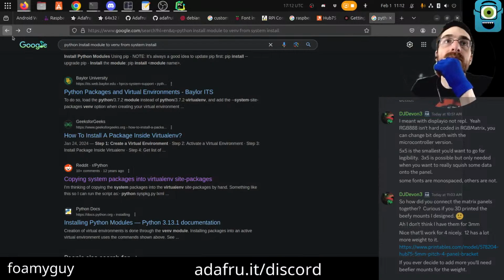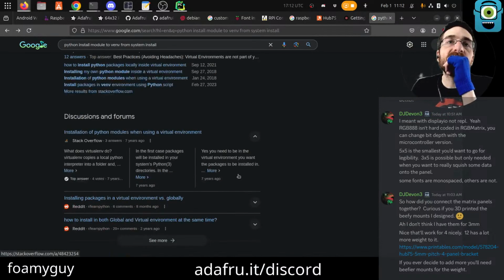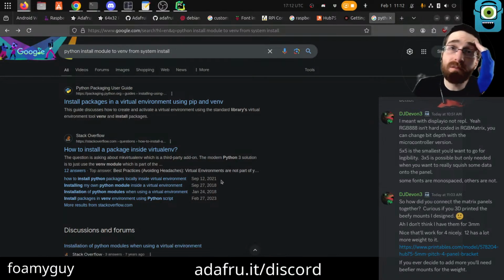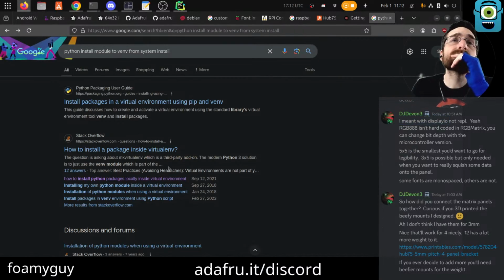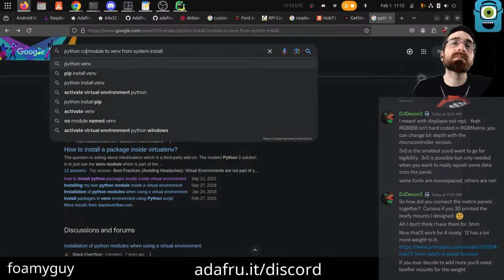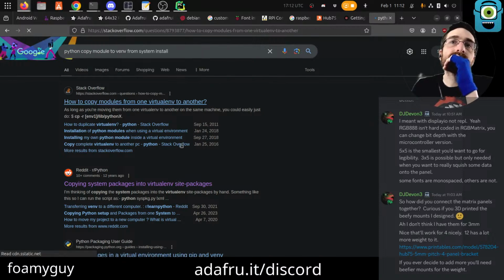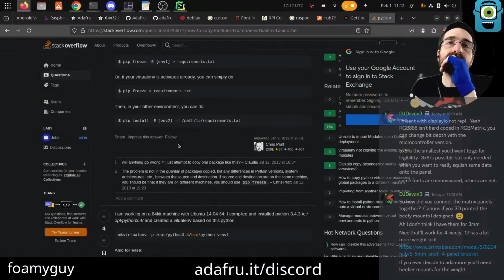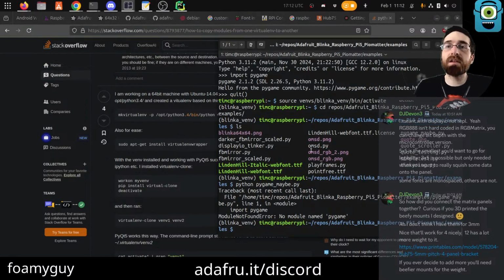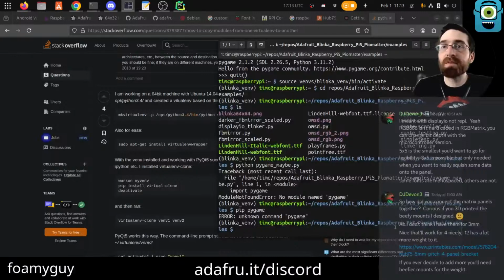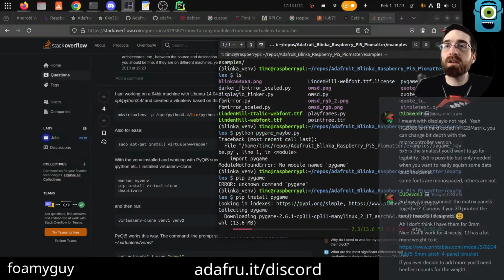I'm pretty sure I have found this before, but I don't know the answer. I found another thing that says basically don't use pip to install Pygame, so we could try this, but I have very low confidence in it working.